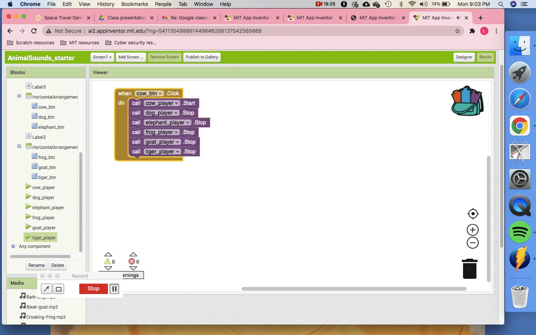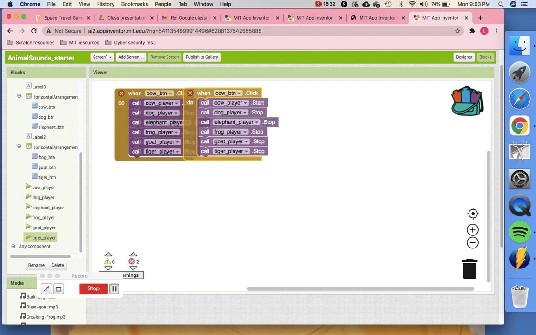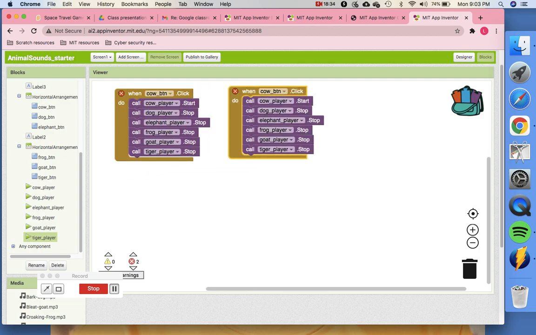Okay, so now cow is done. For the others, same way you have to put. Okay, so just duplicate this. See, when two same buttons are brought in, you will see this X mark. Whenever in your project you see an X mark, that means you have brought this twice. It's a mistake. Anything can be brought in only once, you can't use it twice.